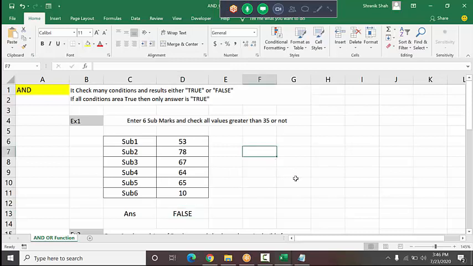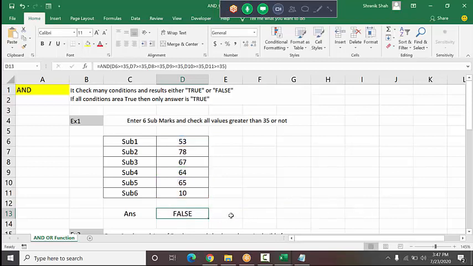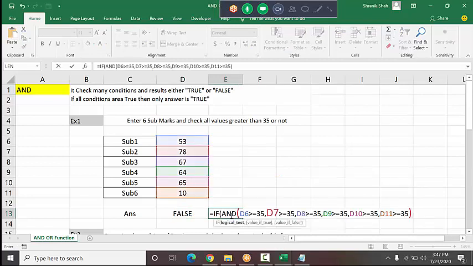But maybe if you are interested to see the result as pass or fail, that also we can write. Here I separately show you how to check pass or fail. I copy this condition. I select this function and I copy, Control C. In this area I type equals IF, and I paste the AND function. See, here is the AND function. I type equal to true.